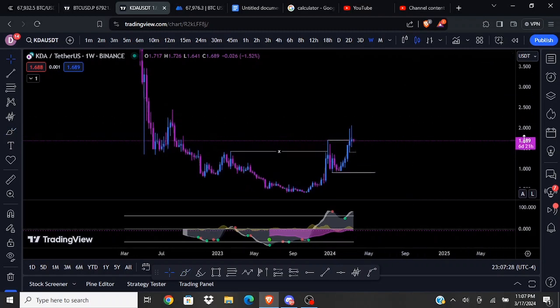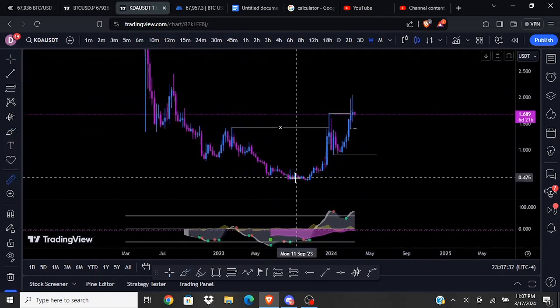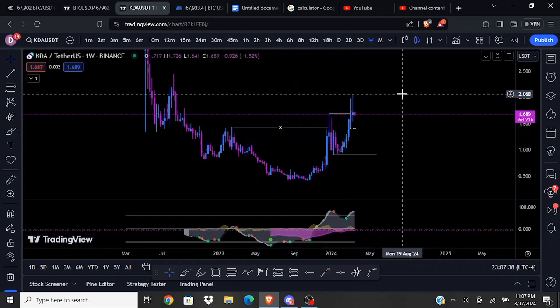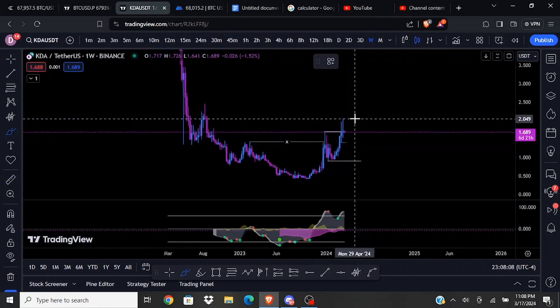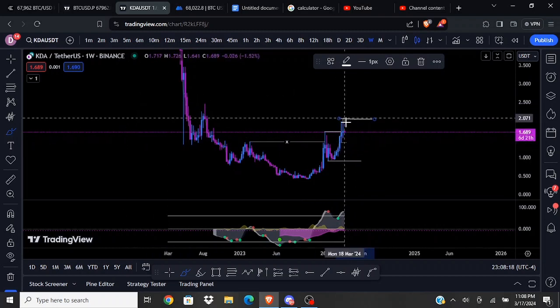So if you're fundamentally bullish about KDA and you've been accumulating already, if you were fundamentally bullish about it back in late 2023, then you're doing pretty well for yourself already. But this channel and the way I trade is based around technical analysis. So with that being said, I would say I'm not necessarily completely sold on macro bullishness for KDA until we can at least close a weekly candle above this wick,